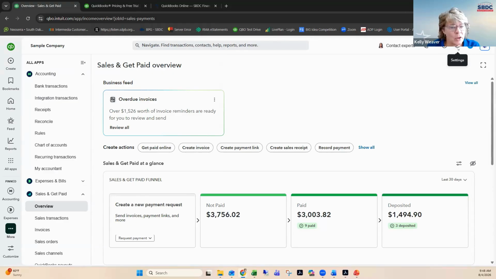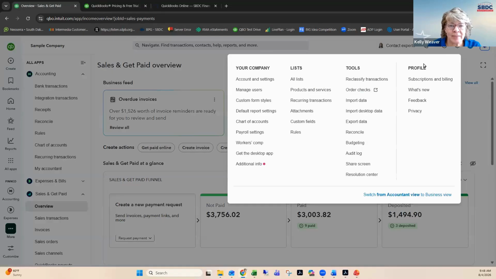So like I said earlier, when you start QuickBooks and you have a question about, do you charge sales tax? Do you track inventory? Do you have inputs and payroll? Do you offer terms of credit to your customers? That all sets up different settings, and that functions or directs how QuickBooks looks and how it functions. So when you need to change those settings, this is where you would go to do that,